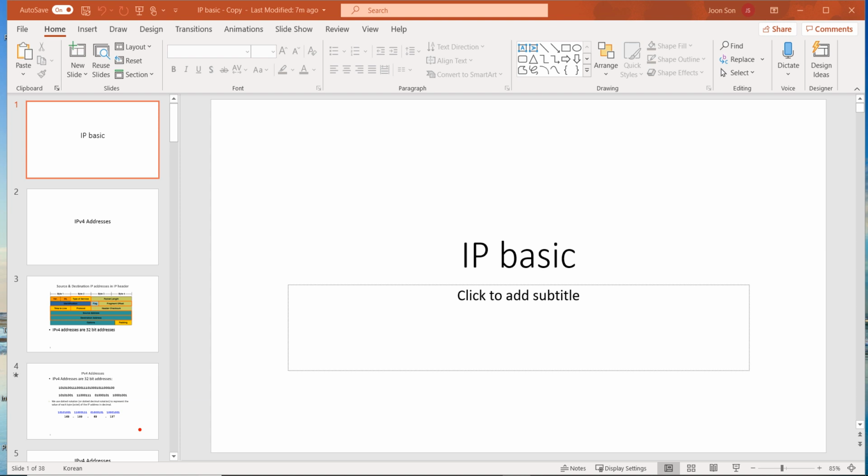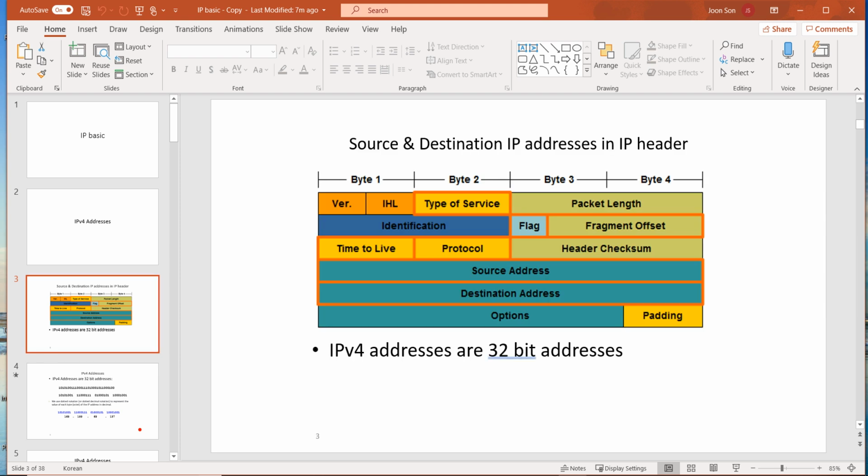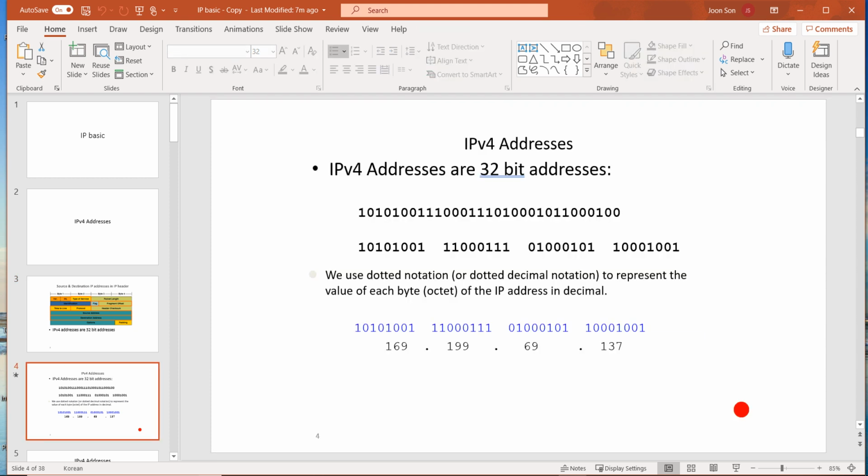Okay, so let's talk about IP basics. Our main topic today is the IPv4 address. The IP header uses IP addresses, source and destination IP addresses. There are many different fields in the IP header, but the two most important fields are the source and destination IP addresses. And each IP address is 32 bits long. An example of an IP address is